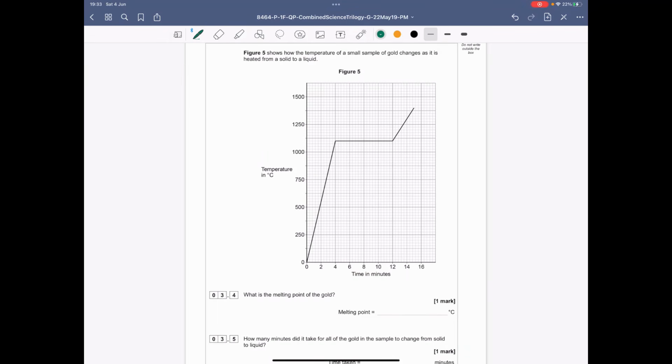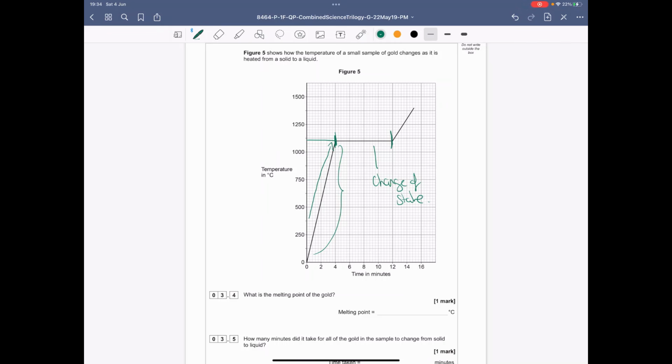Figure 5 shows how the temperature of a small sample of gold changes as it's heated from a solid to a liquid. What is the melting point of gold? So what's happening in this graph is that we're heating up the gold, it's getting hotter and hotter, okay? But in this part of the graph, it is still solid, it's just getting warmer. When you get a flat line, that means you've got a change of state. So the melting point is the point at which on this graph,